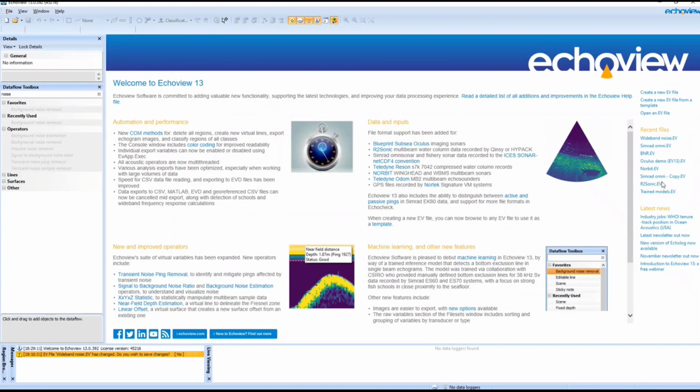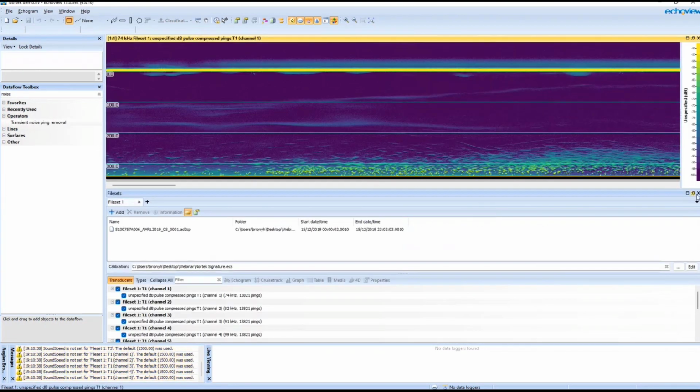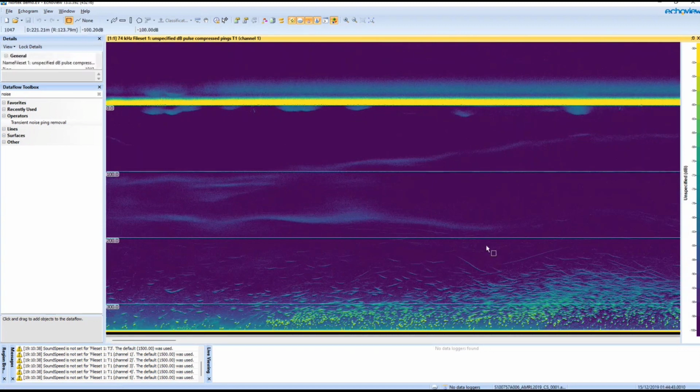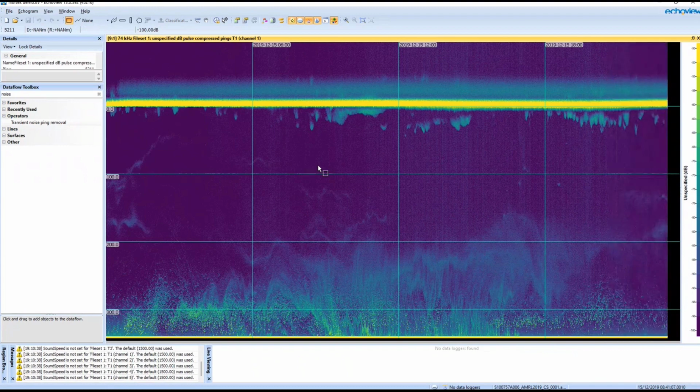In this case, I'm going to look at some Nortek data. So this is the Nortek Signature profiler that we added in a previous version of EchoView. In this case, it's a nice upwards looking mooring where this data was kindly shared by the Antarctic Ecosystem Research Division at NOAA. We can see we've got some grid lines here. The data is about 0 meters depth to a little bit over 300 meters depth. And I've also got some grid lines in the time dimension here, in this case 6 hours.